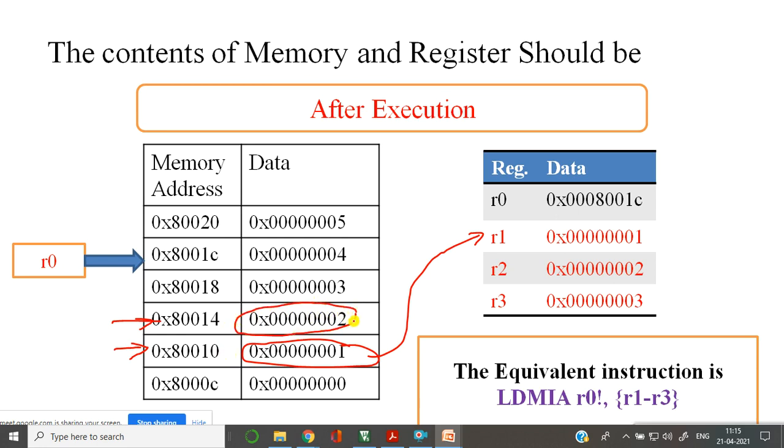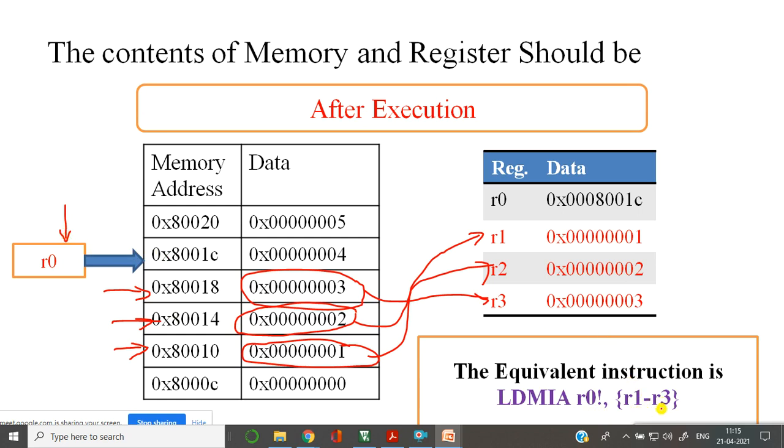Then take this data, put it in R2. Then up to R3, I am saying, it will increment after. Then take this data, and it will do the increment after, because for the write back option I have used R0 with an exclamation mark. Now the updated address is present in my R0.